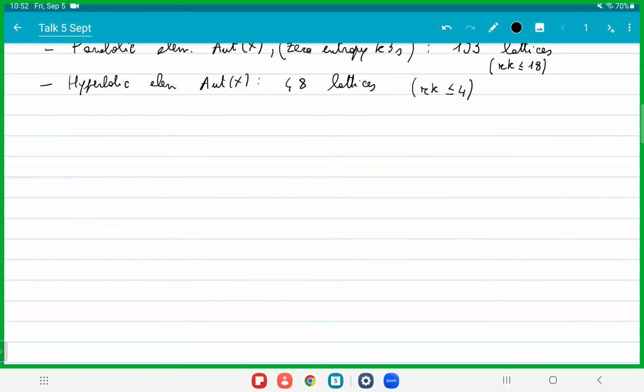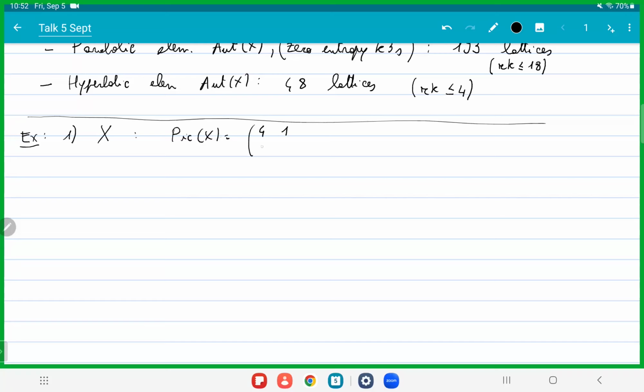But in these last 5 minutes, I would like to give a couple of examples, because I think these examples contain some of the geometric intuition and the geometric ideas that we apply to prove this theorem. So let's come back to our original example: quartics in P3 with a line. Remember, these K3s, at least the very general ones, have Picard lattice 4, 1, 1, minus 2. So how can we compute the automorphism group?